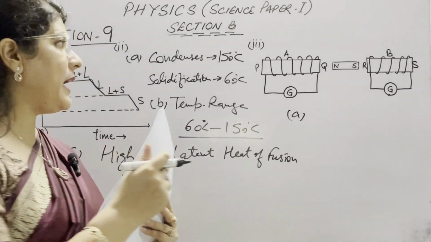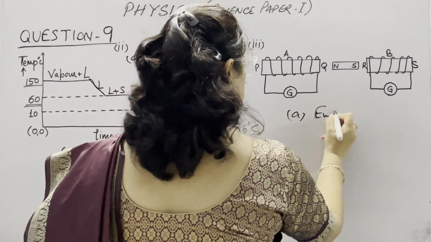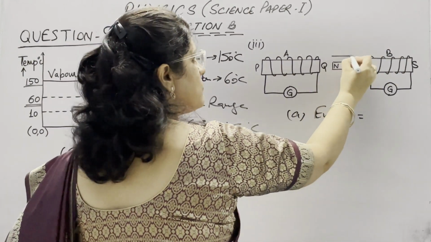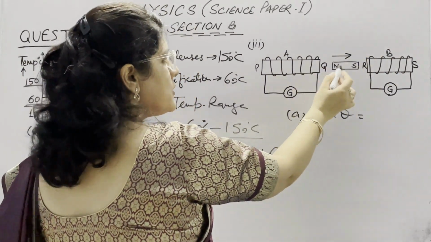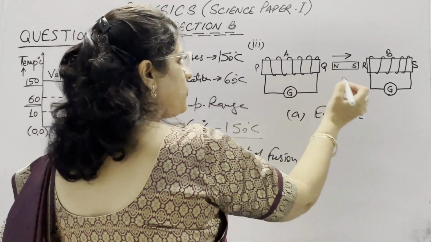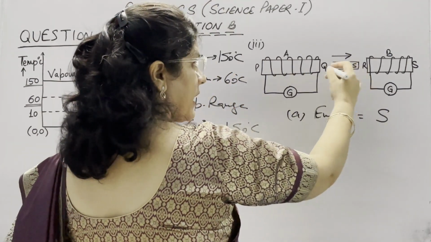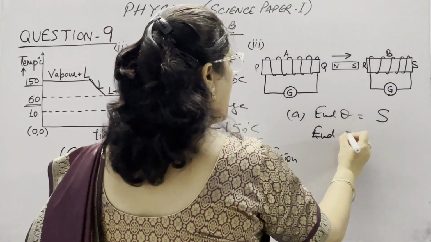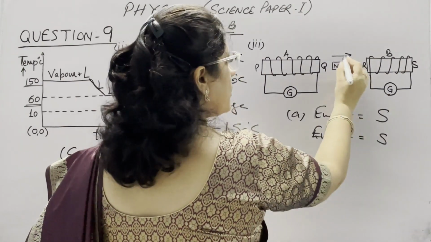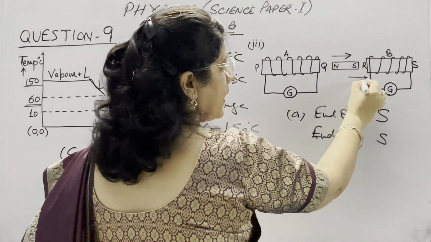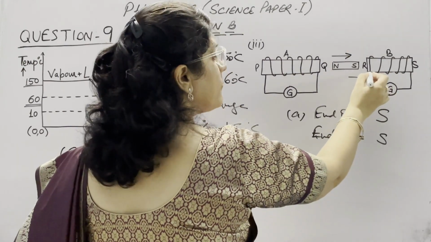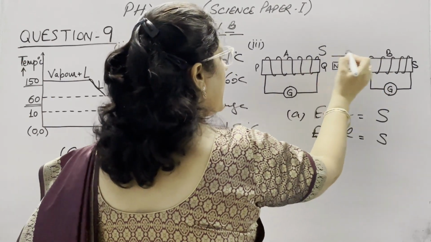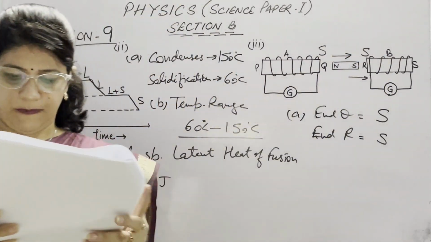Now the polarity induced at end Q, because the magnet is moving away. This north pole is moving away from this coil. So this end will become south pole, so that this magnet may not move forward. And the second end R will again make south pole, because this south pole is moving towards this coil, and this pole will not want to repel this magnet, so this end will also become south pole. The polarity at both the ends is south polarity.